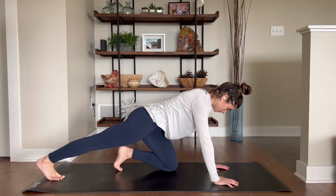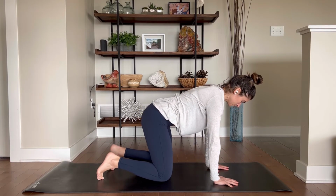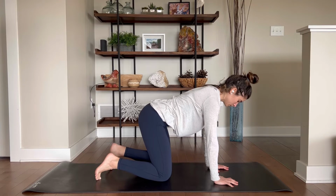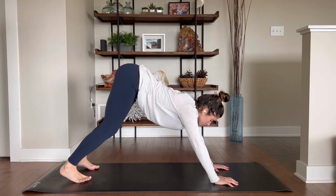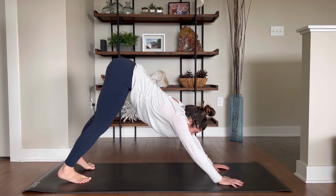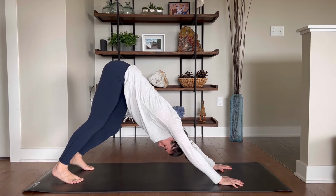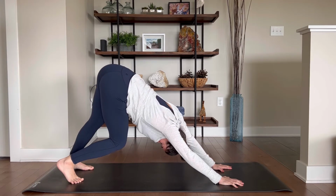Staying strong within the palms of the hands, the heels of the hands to stay lifted within the upper body. And then go ahead and bring the right leg to meet the left. Toes stay tucked. And lift the hips up and back, downward facing dog. Settle into your shape, make any adjustments that you need, and start to pedal the feet out one side at